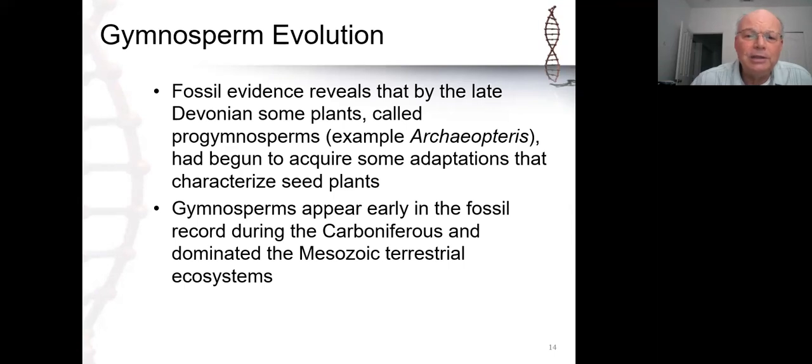These have fern-like leaves. They are very tree-like in appearance. They probably grow to about 20 meters, so roughly 60 to 70 feet in height. So they're very tree-like and they're woody, but they don't have seeds, but they are heterosporous. So we think that it may very well be the progymnosperms that are the earliest ancestors of gymnosperms, showing the heterosporous condition, or at least the earliest ancestors of seed plants. True gymnosperms are evident